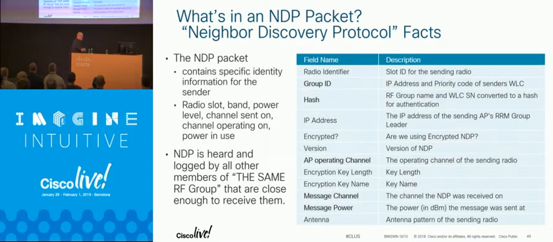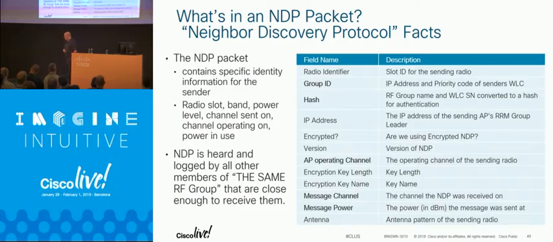What is an NDP? Well, next setting. The NDP packet contains facts. It tells my other APs things like who my RF group is, right? So I'm your neighbor or I'm not your neighbor. We also use it for rogue detection. If I see an AP's BSS ID and I don't see a neighbor packet coming out of him, he can't be a Cisco AP, therefore he can't be mine, right? He's definitely not in my group.